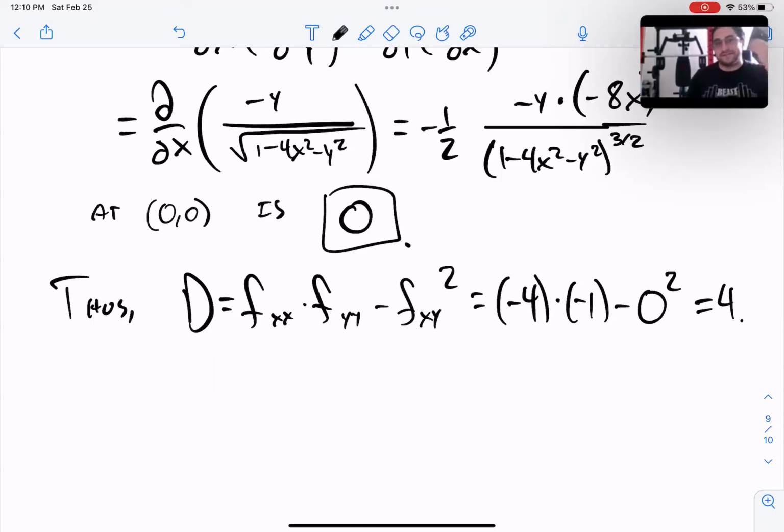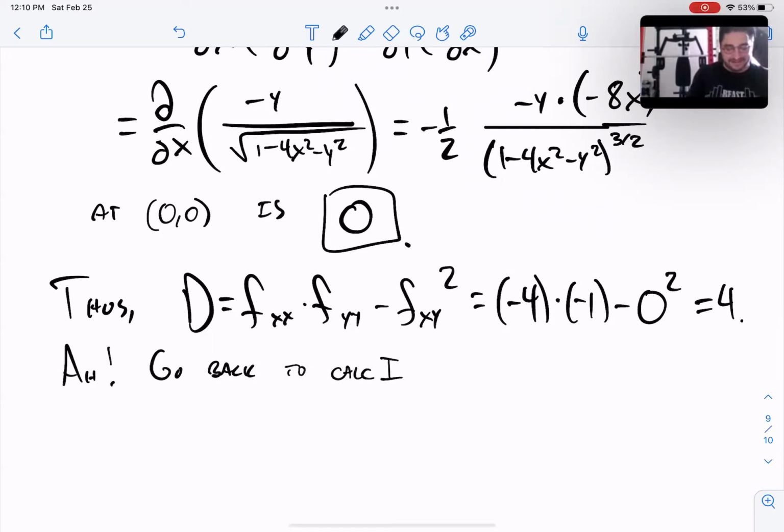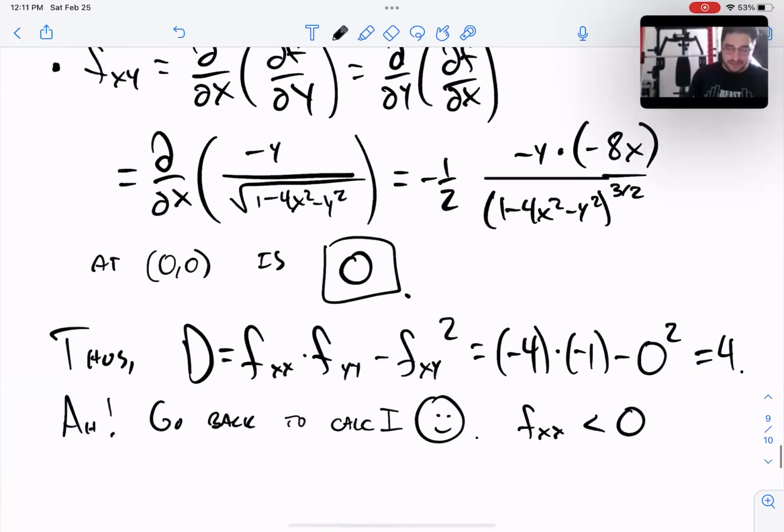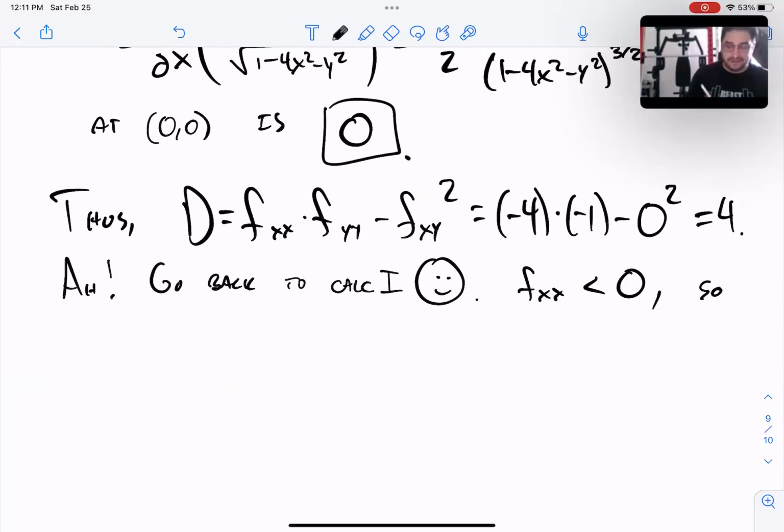So I can do my old Calc 1 second derivative test. Positive discriminant means go back to Calc 1. And we say the second derivative with respect to x was negative, because that was the -4. So negative second derivative back in Calc 1 means what? It means a max. So we have a max,